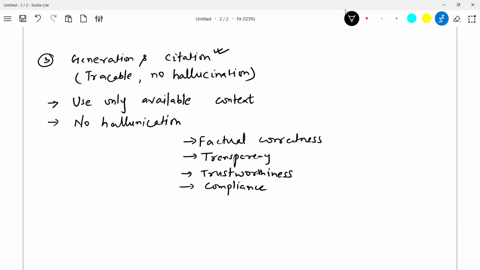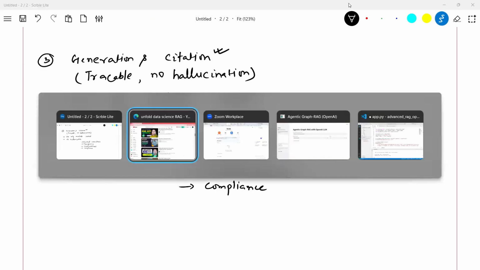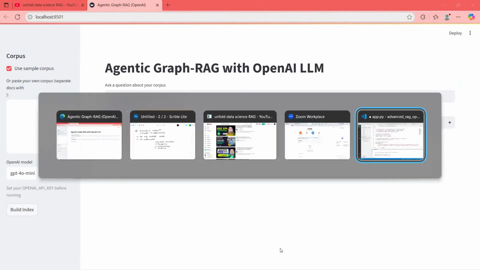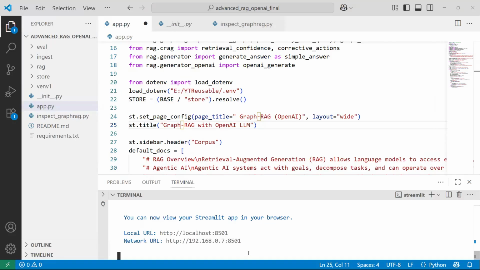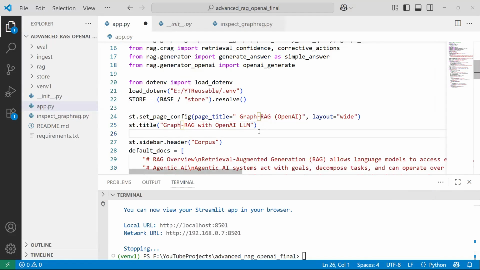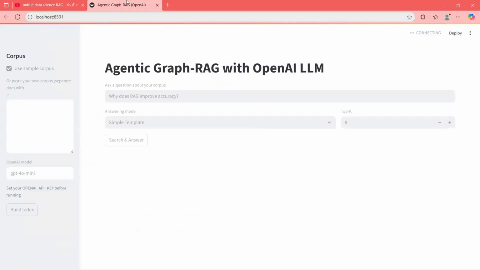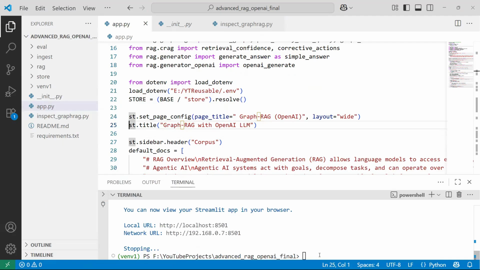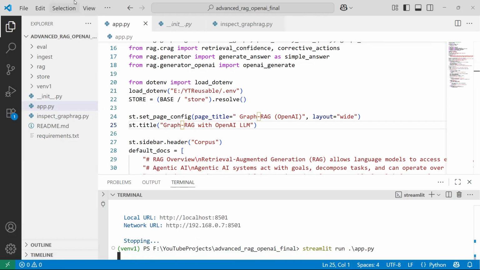Now let me try to show you the app which I have built. I'll go to Python, and I called it agentic, but I don't want to call it agentic. I want to stop this and save once, and I will close this and relaunch the app. I just want to change my header. That's it. Streamlit run app.py. Let me show you what is happening in this app.